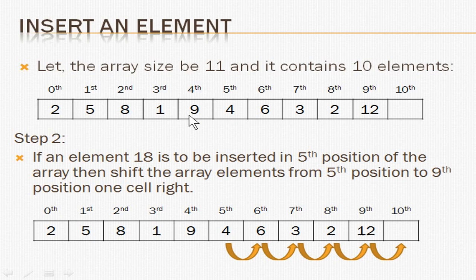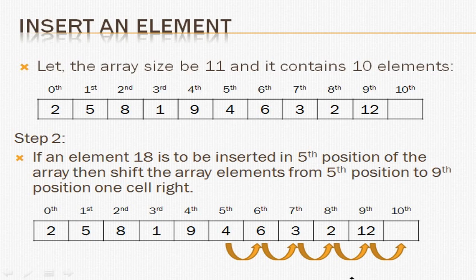Now what you have to do is, this is the fifth position, you want to insert 18 here. Now what you need is, you have to move this 4 towards its right. That means you have to move this towards the sixth position. Sixth position has to be moved to 7th. Seventh position has to move to 8th. Eighth position has to move to the ninth position, and ninth position has to be moved to 10th position. Now if you do this way, that is 5 to 6. Already sixth element is 6 here. If you move 4, that is fifth element, to the sixth element, it will replace this value. That means the 6 will be replaced by 4. Okay, so you cannot do that.